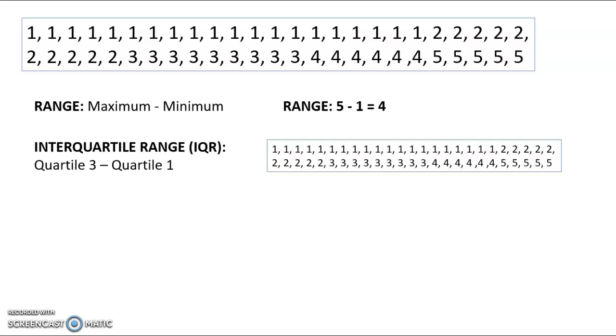Interquartile range is using the median. So we're going to use the median, and then we're going to find the median of the smaller set of numbers and the larger set of numbers. When I cross off from both sides of the smaller set of numbers, I get 1 in the middle. When I cross off from both sides for the larger set of numbers, I fall in the 3, so I have a 3 in the middle. The IQR then is subtracting quartile 3 minus quartile 1, which is 3 minus 1 for me,